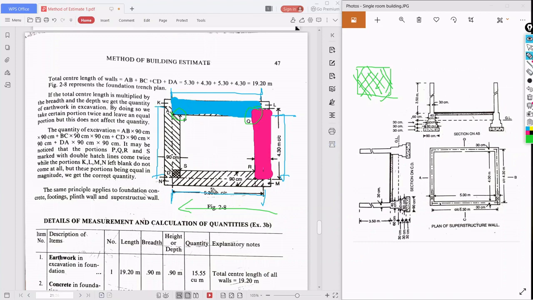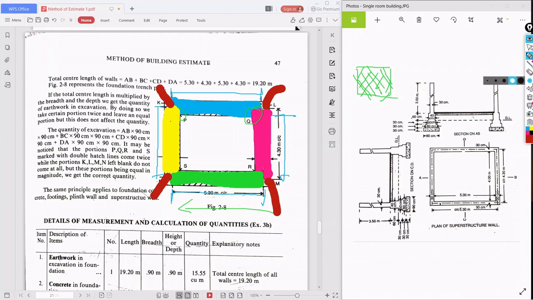Again when I do from center to center length, I need to consider from here. So this portion is again overlapped, and I should again take it. So what about the portion here? Whatever the portion here, this portion, this portion and this portion, what about that portion?